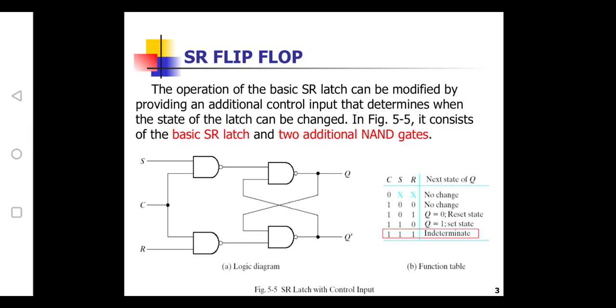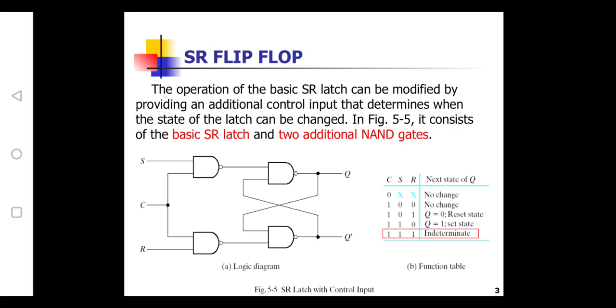So if the previous value of Q is equivalent to 0, the same 0 is transferred towards the third gate, a NAND gate. If at least one of the inputs is 0 for the NAND gate, the output will depend upon the next input. So depending upon the R value of the input, the output is going to change.